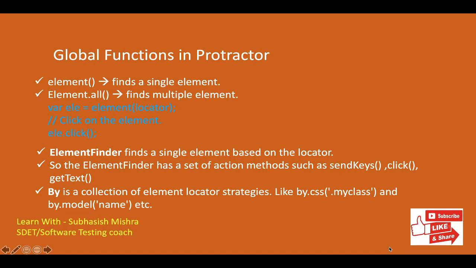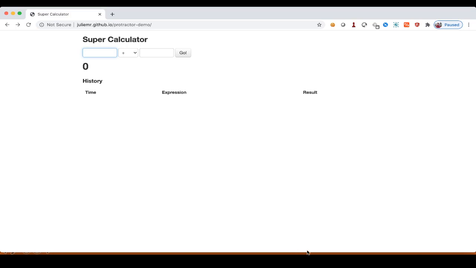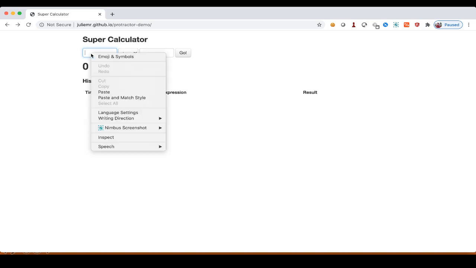So let's go to a web page and see how we can find an element using a locator. Let's go to our supercalculator web page, which we are using for our automation. You see all these text boxes, drop down, button, all are elements or objects. If you do a right click and then inspect in this text box,